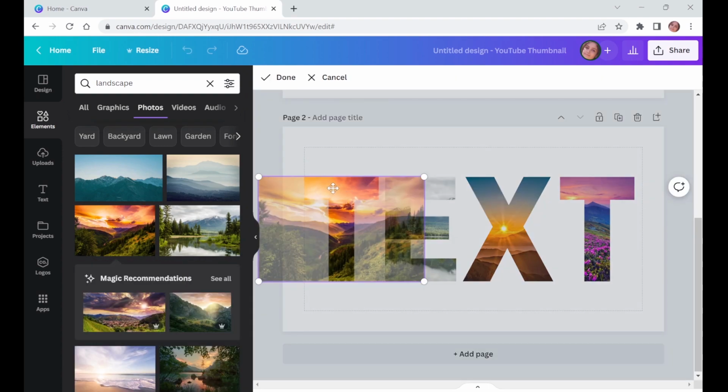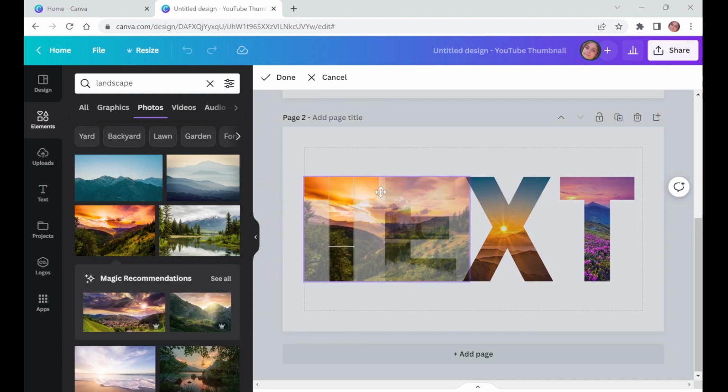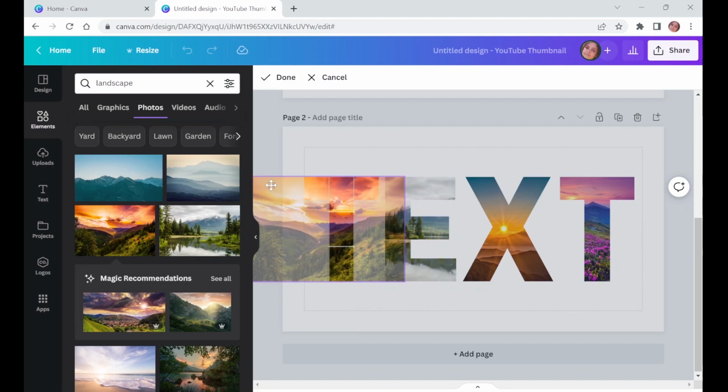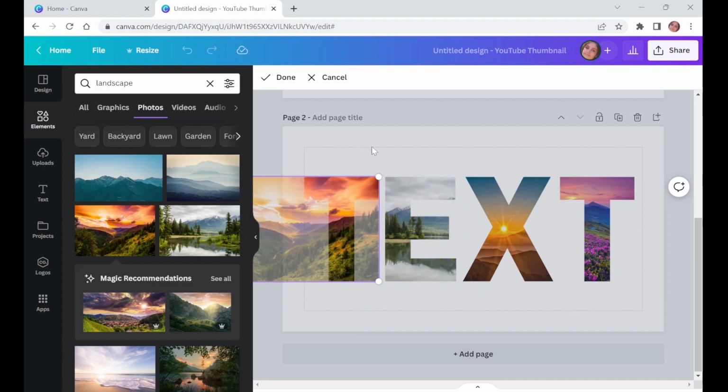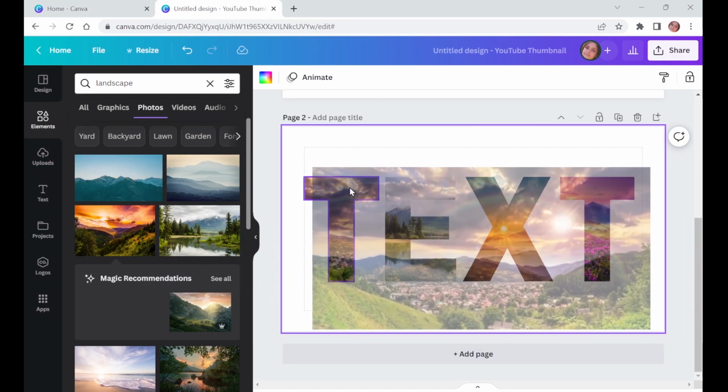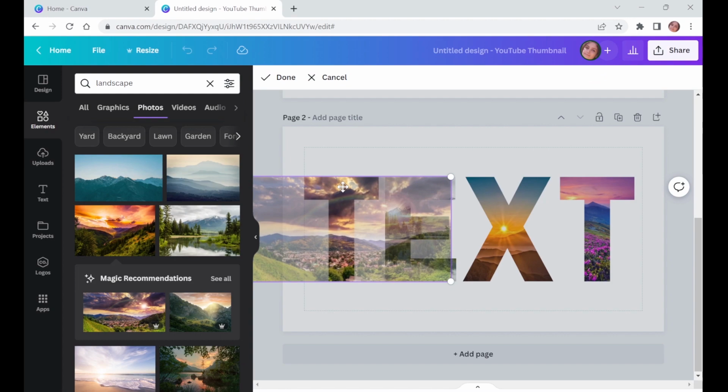You can adjust the photo by double-clicking on the letter, and then arrange the photo where you want. Also, you can do this using one image for all the letters,